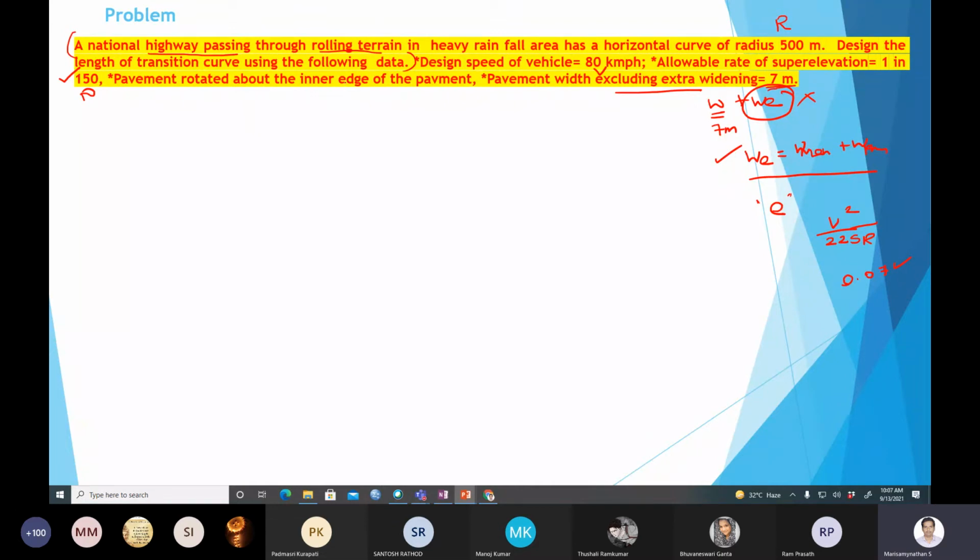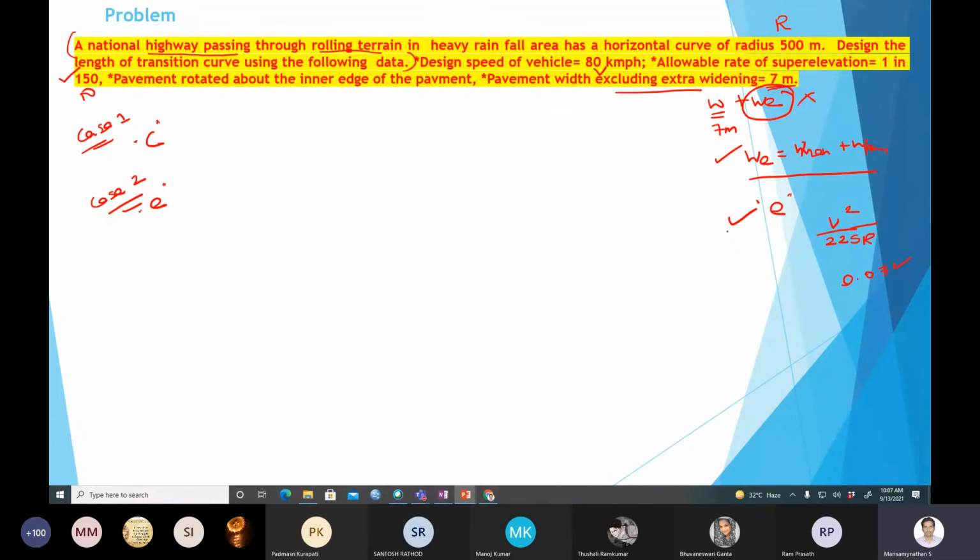Then the 3 cases are there. The case 1 is nothing but the allowable rate of introduction of centrifugal force C. So according to that you have to estimate. Case 2, super elevation introduction. Once you have estimated the E value,